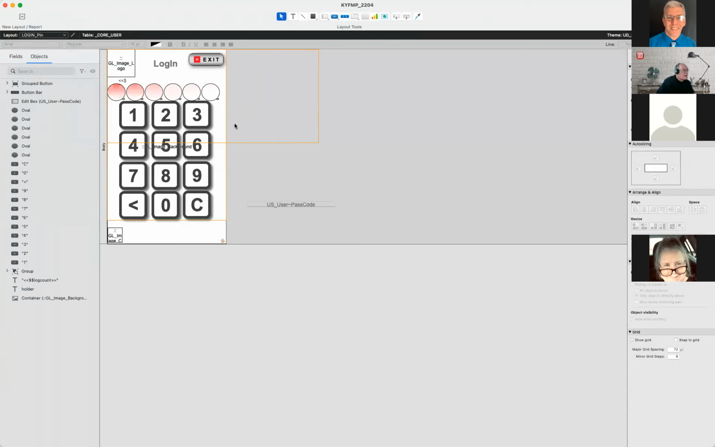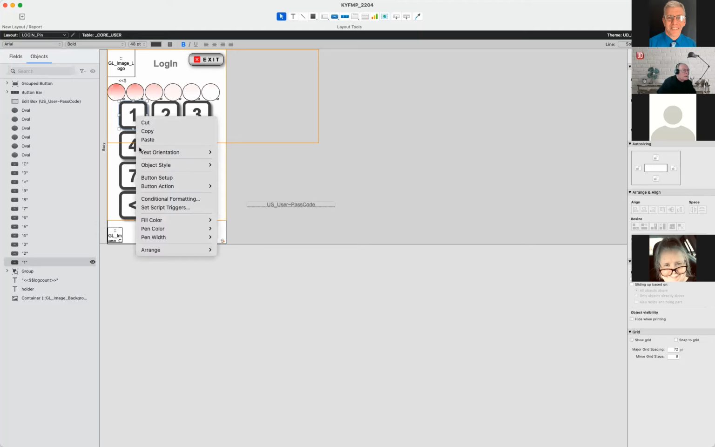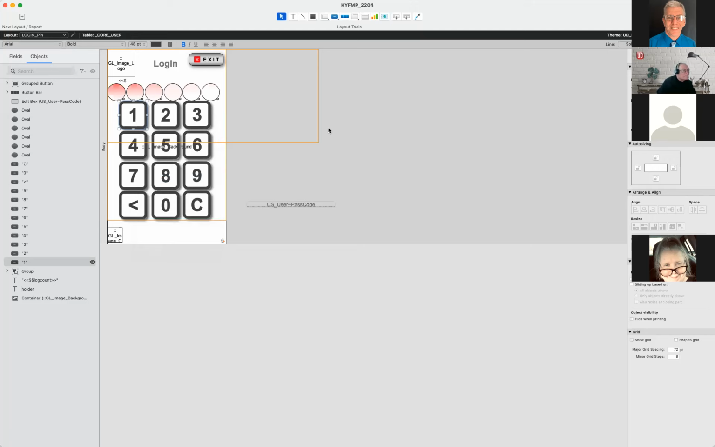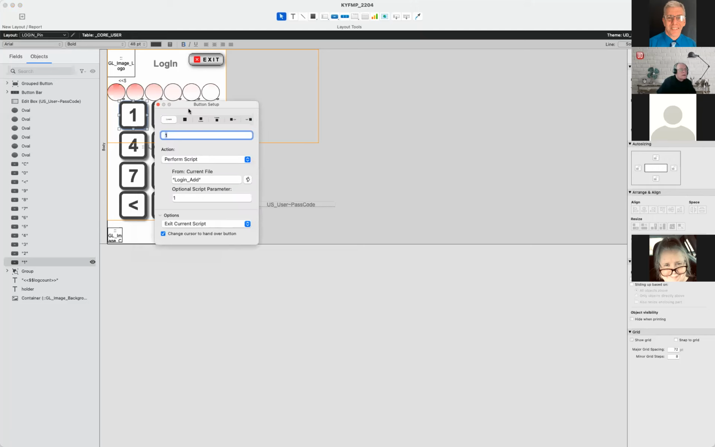This is the layout for the login. What happens is you've got your buttons here, and behind this is a script. What's fun about this script is it is the same script for all the buttons, except for your back and your clear. And the way it works is, for those that haven't done it before,